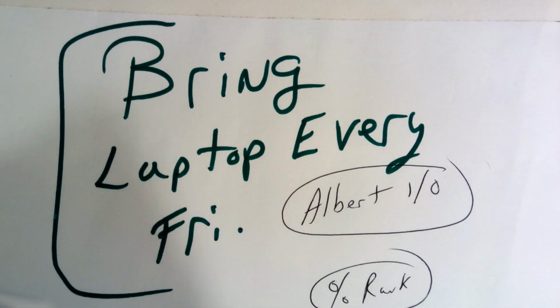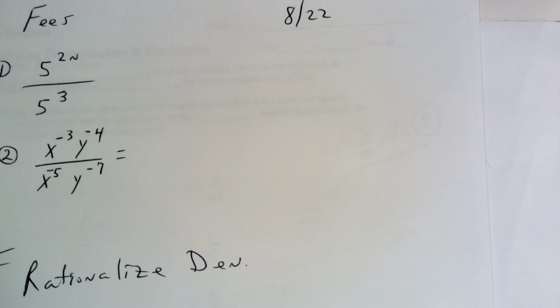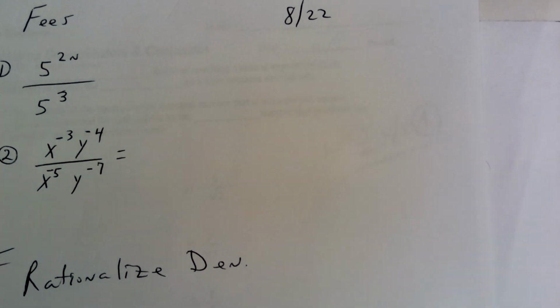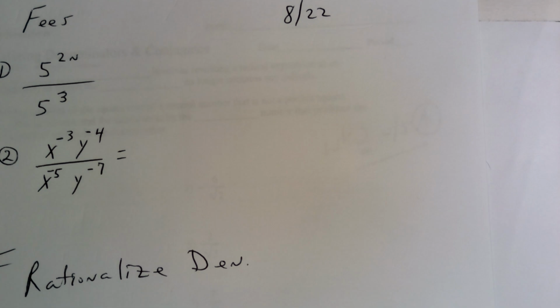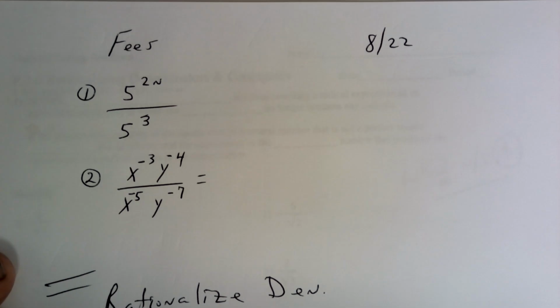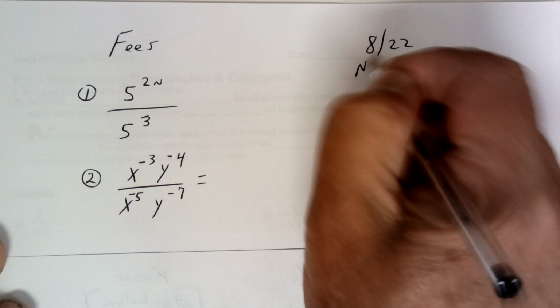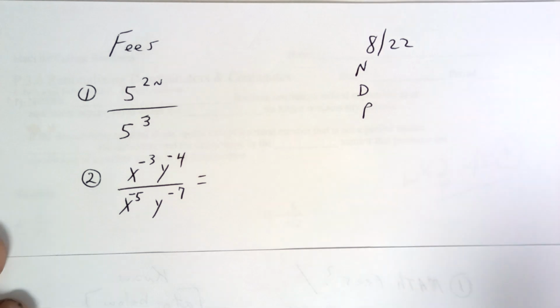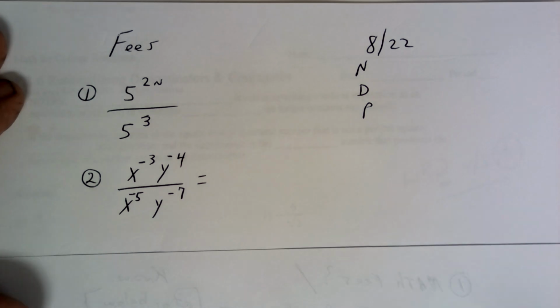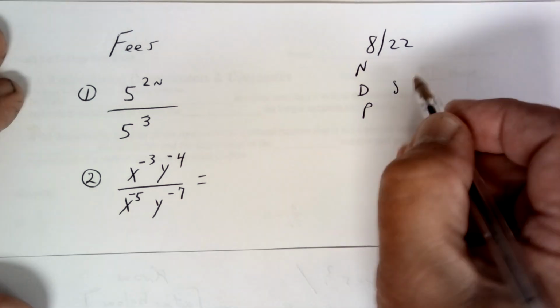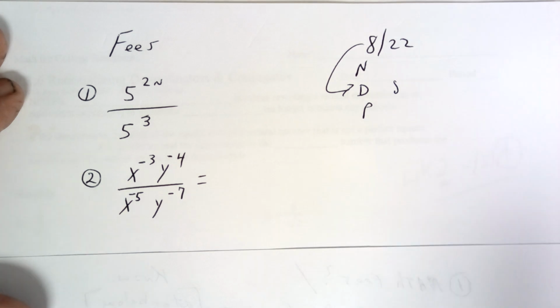Let's turn our attention now to college algebra. All right, so on college algebra, we're going to review these two, and then we're going to go over some rationalizing the denominator. Okay, so here we go. Put your name, date, and period always. Today is the 22nd. Here's the date. All right, so anyhow,